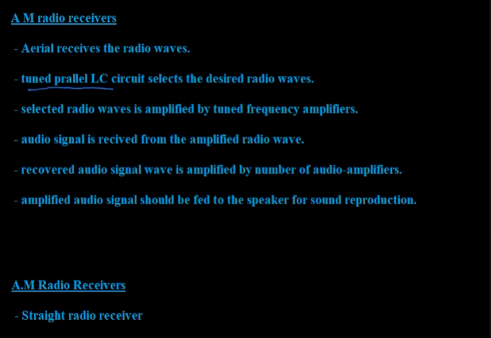Now another step in the case of an AM radio receiver is that the selected radio waves are amplified by tuned radio frequency amplifiers. So the first step is the antenna or aerial of the receiving station receives the radio waves, and the tuned parallel LC circuit selects the desired radio wave. Then the selected radio waves are amplified by the tuned amplifier circuits, then the audio signal is recovered